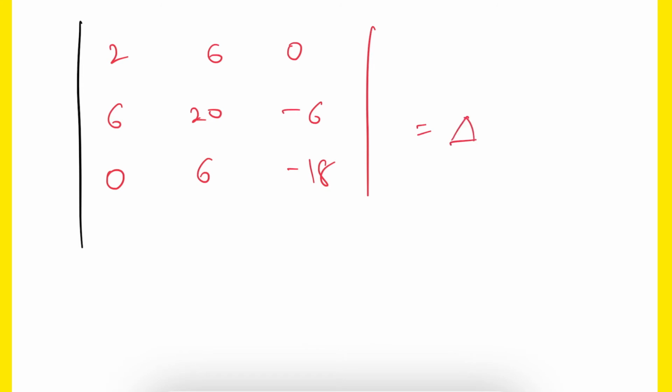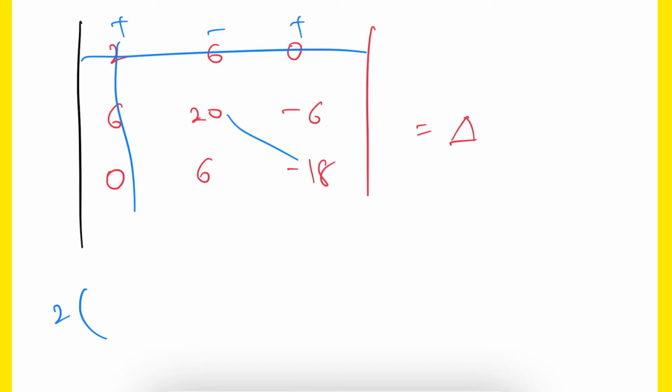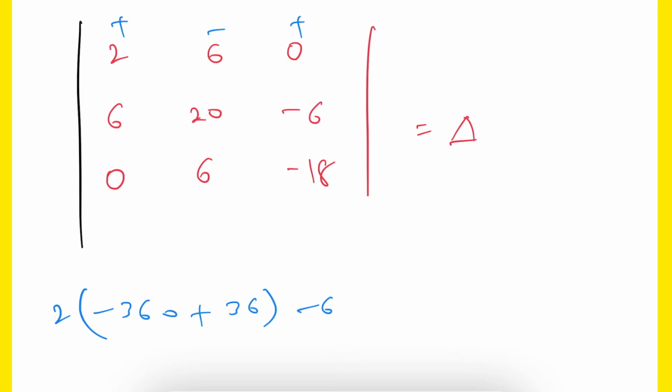Okay, now this will become plus, it will become minus, it will become plus. So 2 into this if we remove, 2 into minus 18, that is minus 36, so minus 360. Next 6 into minus 6, minus 36, already minus will be there, so plus 36. Next comes the second one, that is minus 6 into